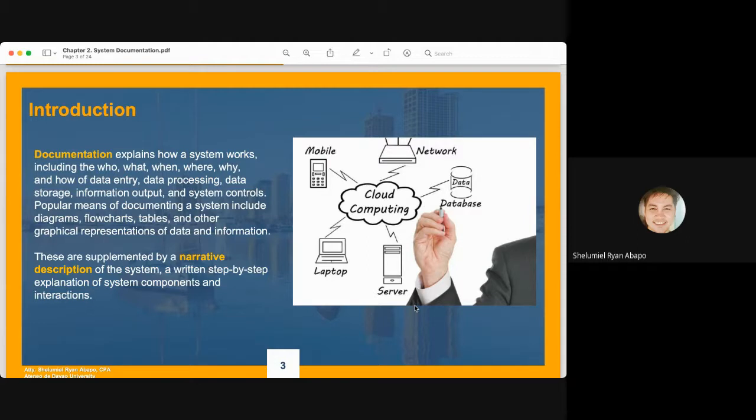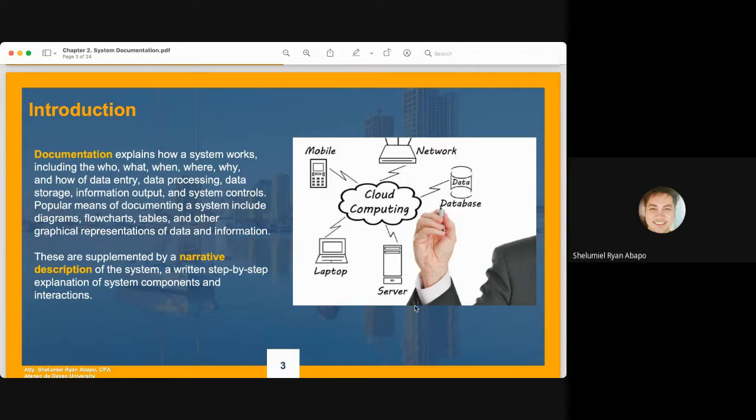We also include narrative documentation because it gives us a clear picture as well as the full explanation of that particular process. But the graphical representation makes it easier for us to understand the entire process, and